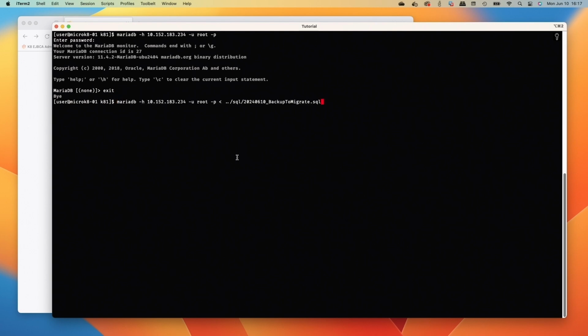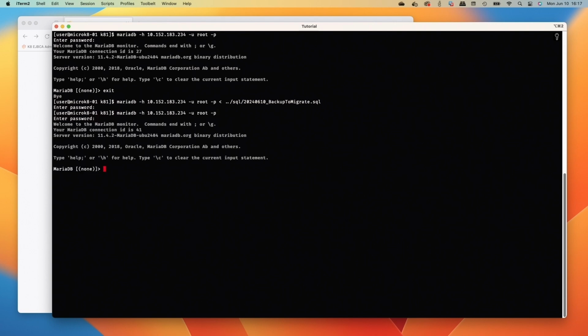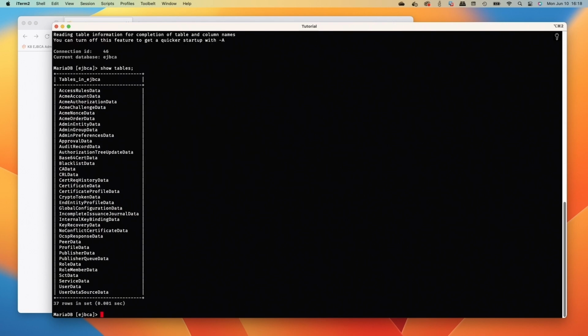So we'll run this command to ingest the SQL file of our backup to pull that in, put in the password. And then we can connect back to the database again, put in the password for the root user, and then we'll connect over to the EJBCA database. And we can do show tables now, and we'll see all the tables from the restore. Then we can exit out,